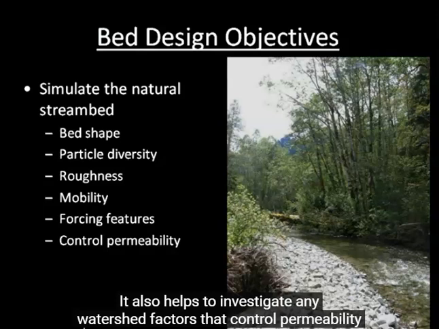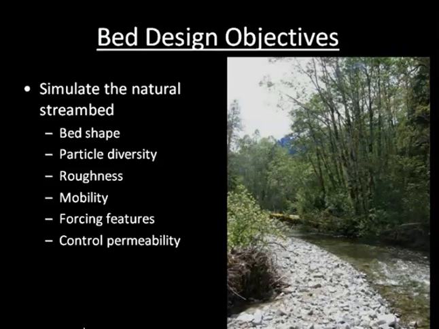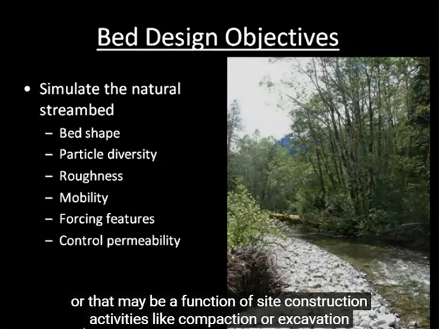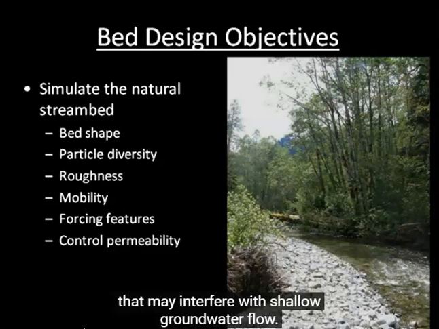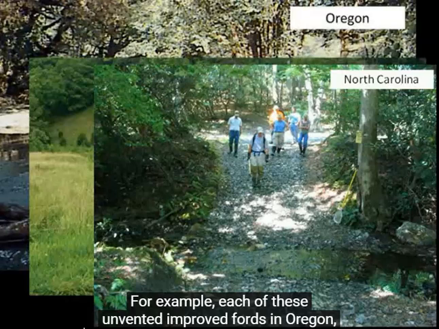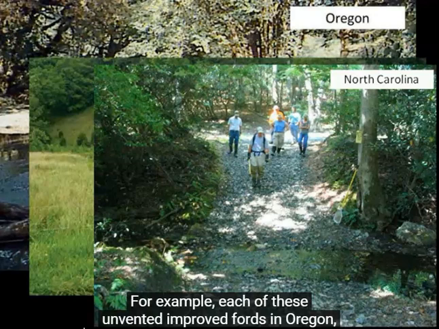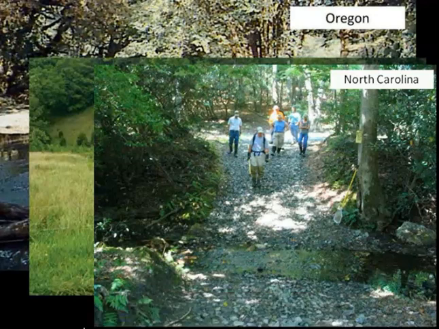It also helps to investigate any watershed factors that control permeability or that are maybe a function of site construction activities like compaction or excavation that may interfere with shallow groundwater flow. For example, each of these unvented improved fords in Oregon, Virginia,